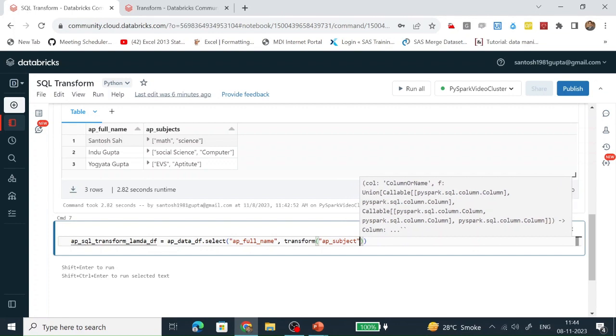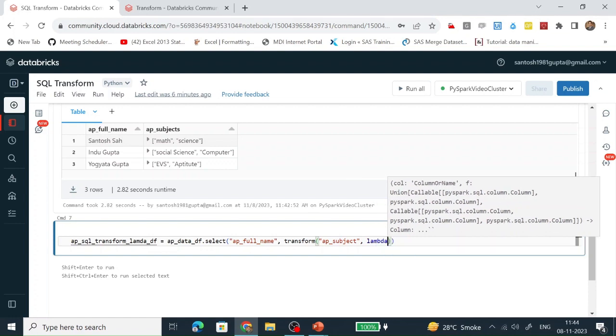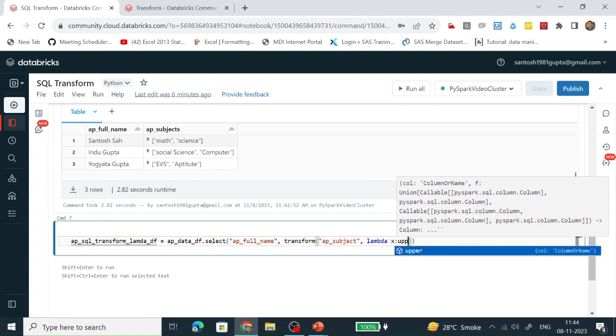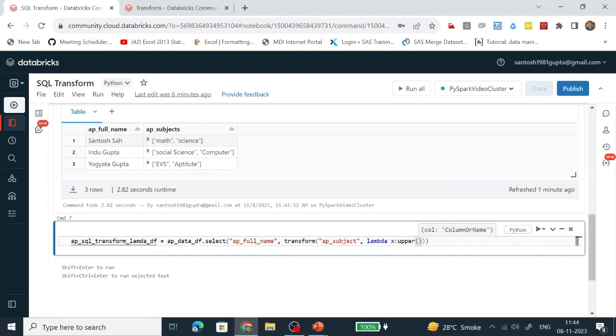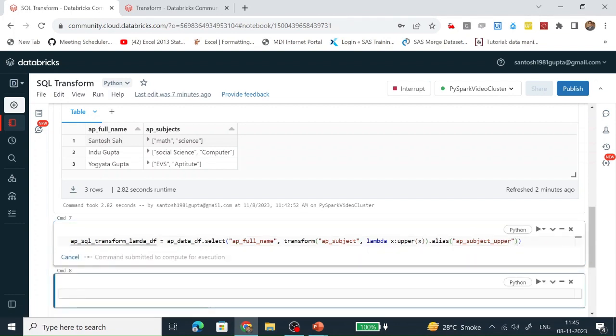And we are calling a lambda function, and in the lambda function we are making x into upper, whatever value it takes, I'm going to convert into uppercase, and I'm making the alias name AP subject underscore upper. So I'm just making the alias. Let's run it.